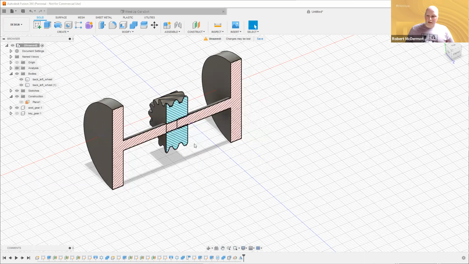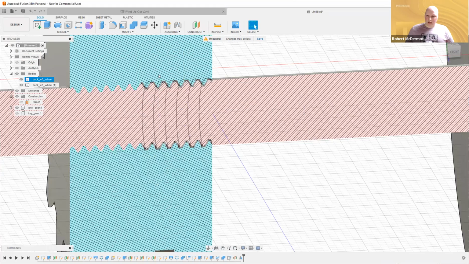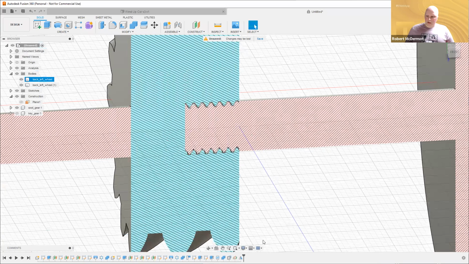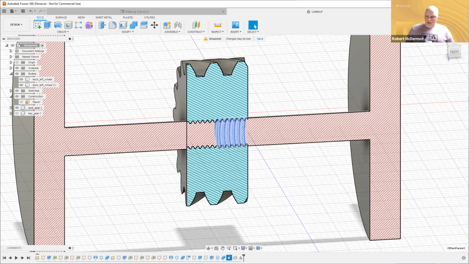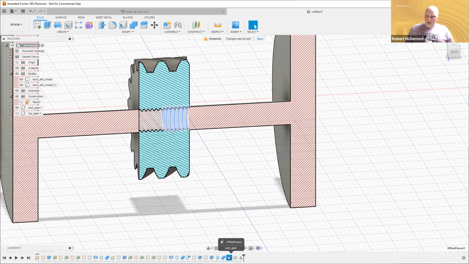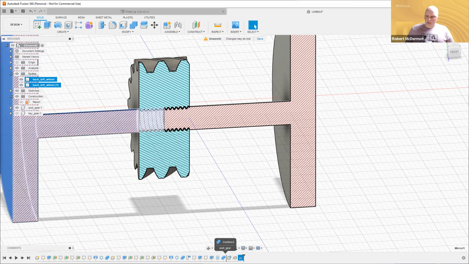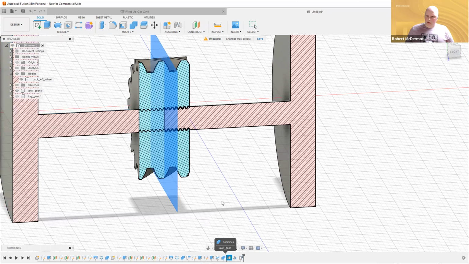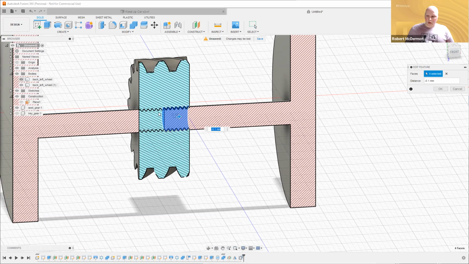If we look at our analysis, we can see that we've only applied that gap to the one on the right side, right? And we did this step here. This was our offset faces gap, where we made the gap with the offset faces, right? So if we drag this mirror operation before the offset faces, well, we need the plane back there too, right? And now if we go back into our offset faces, we can edit which,